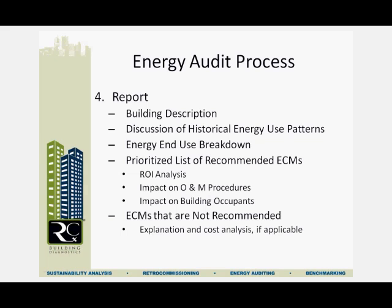The energy end use breakdown that you calculated, as well as discussion of the past consumption bills and any trends in the data or any anomalies in the data that you've seen. A prioritized list of recommended energy conservation measures. And I say prioritized because that takes into account when I talked before about making those smart investments and being